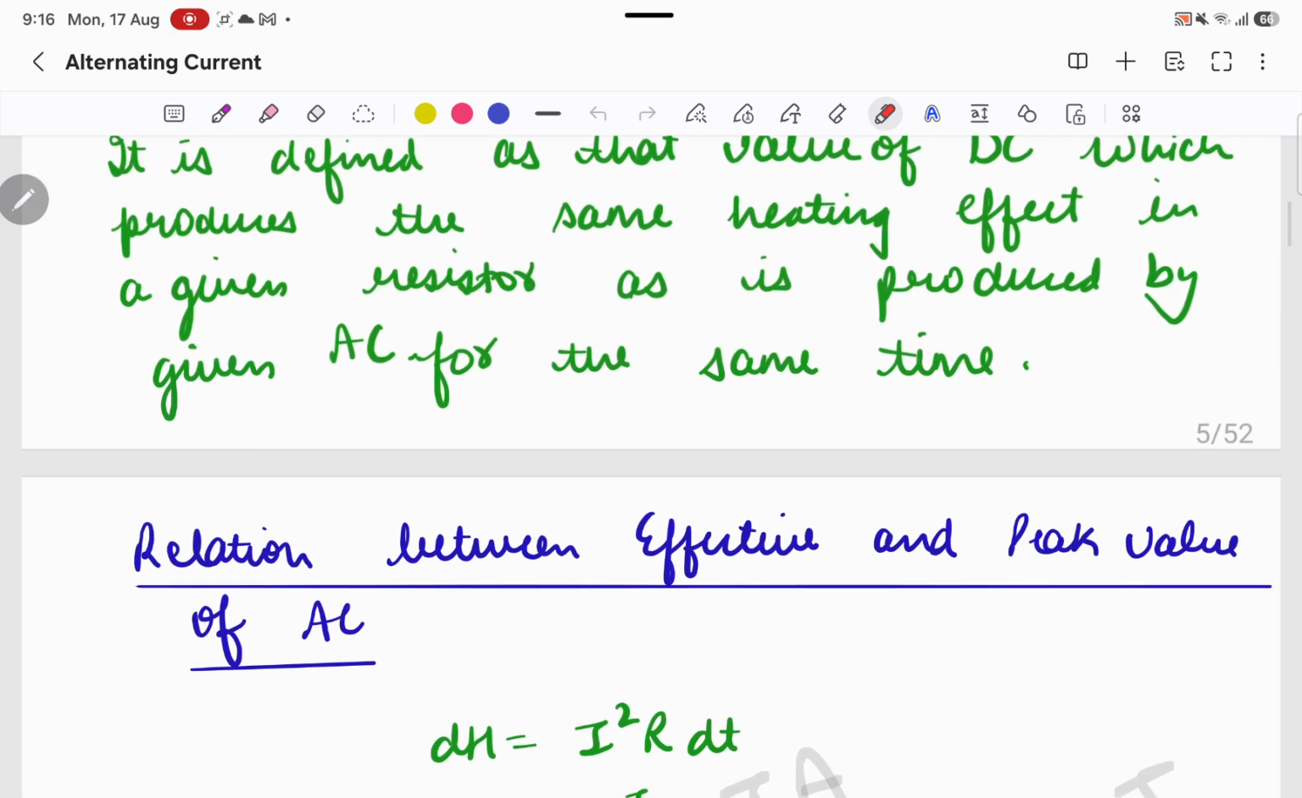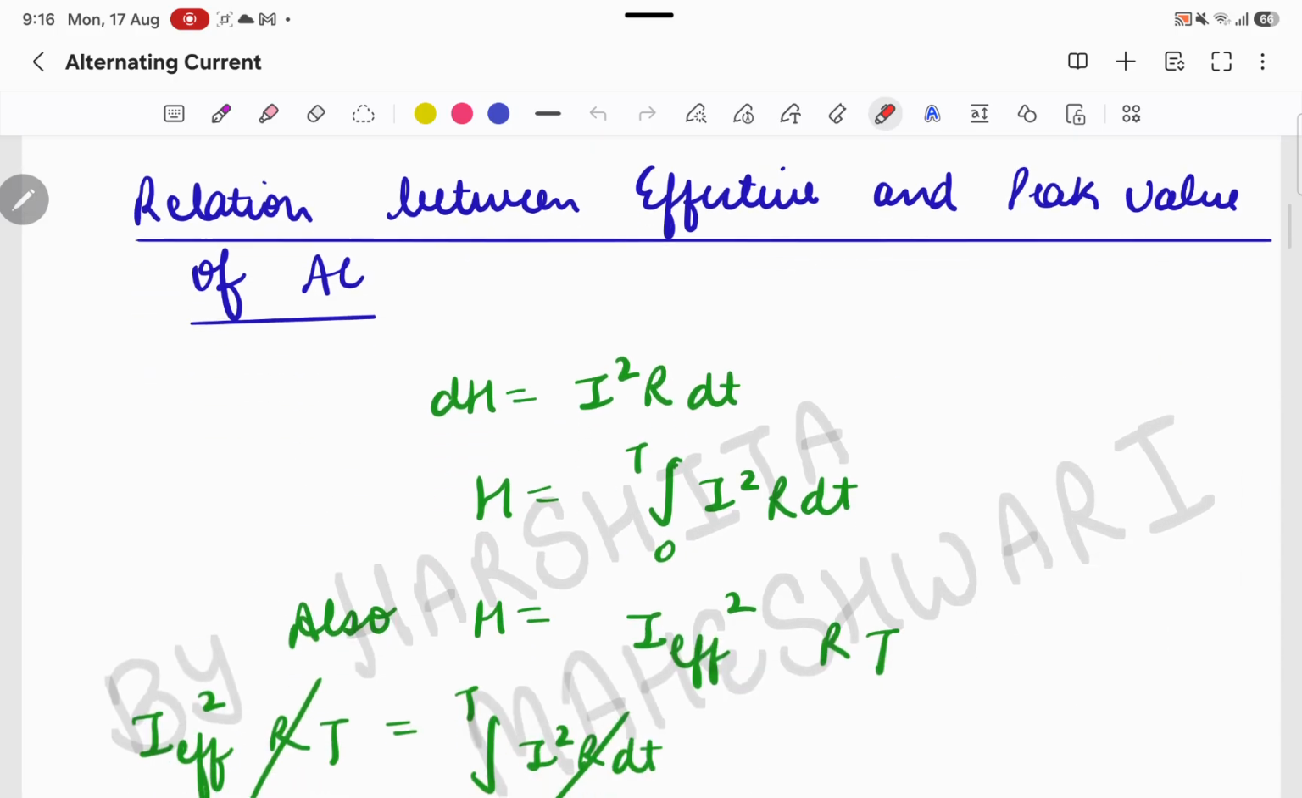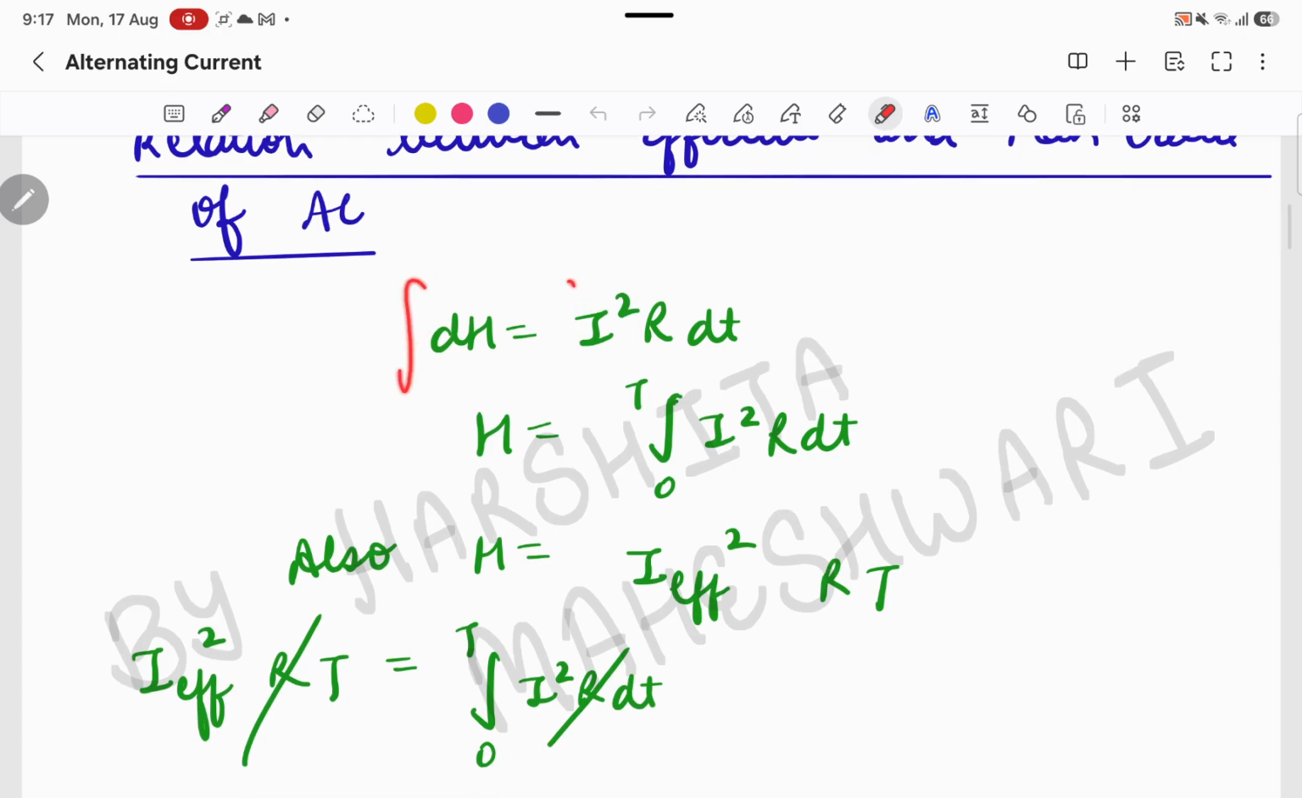We were talking about the word heating effect. We already wrote from the class 10th formula, that H is equal to I square RT. Now if I have to put a small change in the heating effect, then I will be putting the small change in the time period. If we integrate both the sides, the integration sign will get cancelled with the derivative and we get only H. So the total heating effect is equal to the integration of I square R dt from the time period 0